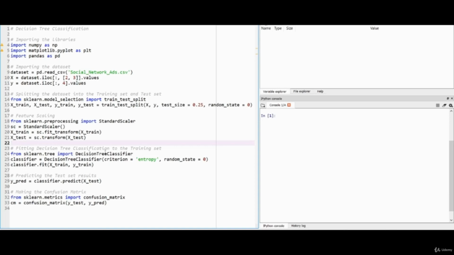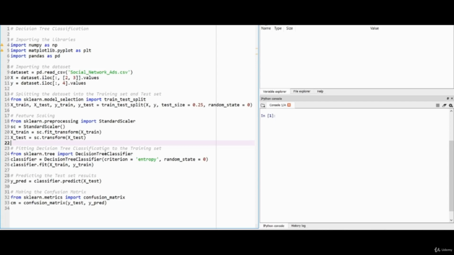For this we are using the sklearn module. So from sklearn.tree we are importing DecisionTreeClassifier as the class. Now after importing the class, our object has to be initialized, so it's classifier equal to DecisionTreeClassifier. In this we have to provide two parameters. The first is criterion, and this is used for the homogeneous splitting of the data. As you know, in the concept section I told you about how the decision tree algorithm works by splitting our datasets into different regions. So this criterion parameter is for this purpose. And the second parameter is random_state, which I already explained.